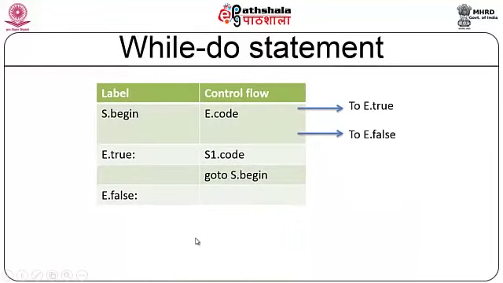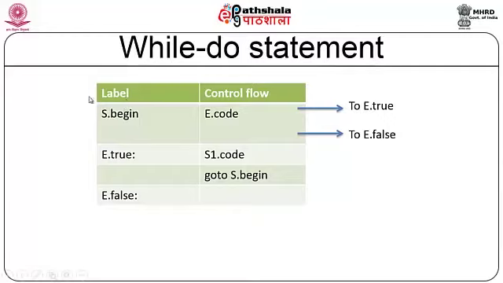Now, on to while. While is iterative, that is, you have to keep going back and forth until the condition is satisfied. So, it is not like the body of the while is evaluated only once; the body of the while gets evaluated multiple times as long as the condition is true. So, your three-address code should handle this, and so here you are going to use the begin label corresponding to every statement. As I already said, every statement corresponds to two labels, one is begin, the other one is next.